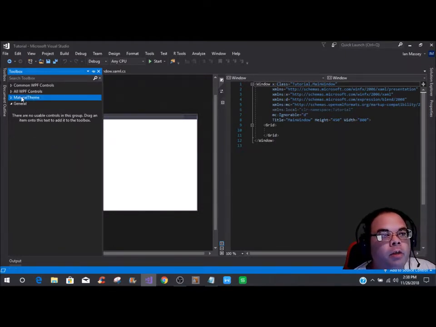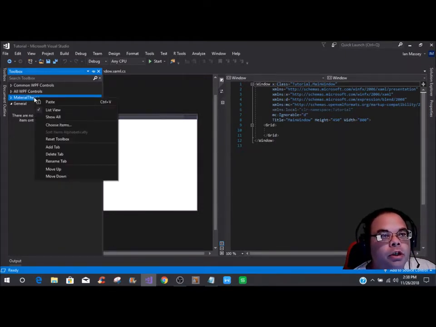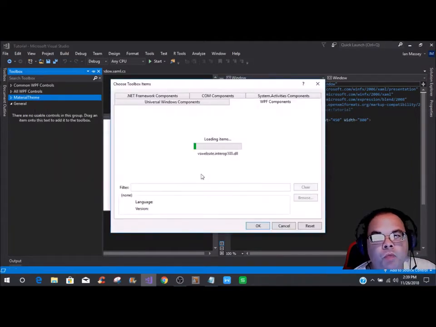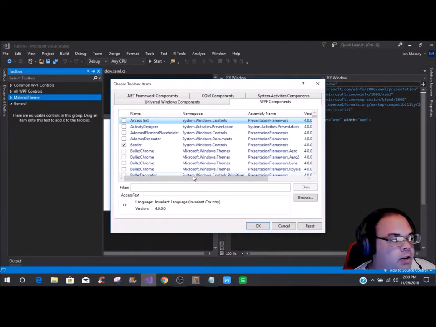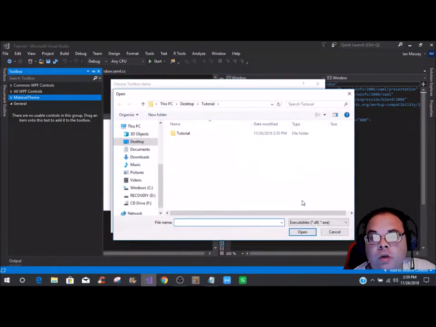Alright, then on the material theme, you're going to highlight the material theme, right click, and go to choose items. Now, it'll take it a minute to go through if you have not opened this up before. This is the part we have to pay real good attention to, where you put the project. So we're going to go to browse, and then go to the name of your project, and then